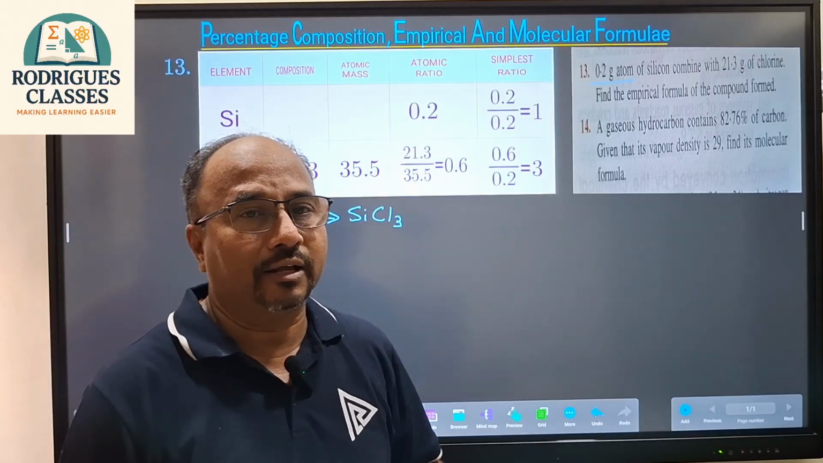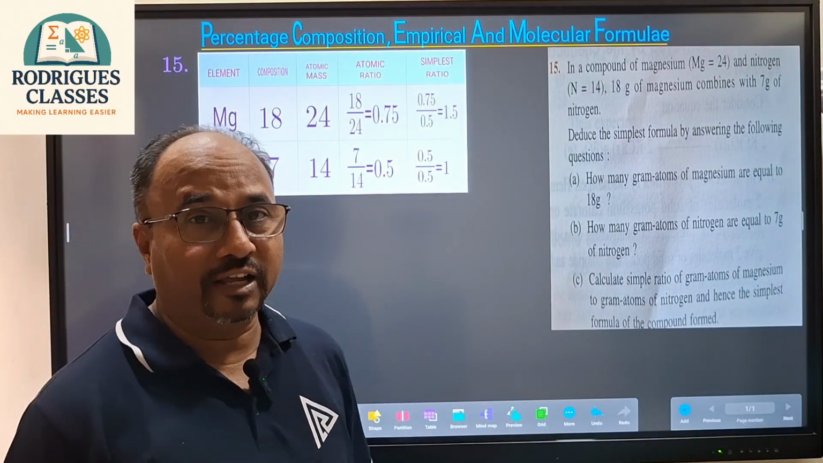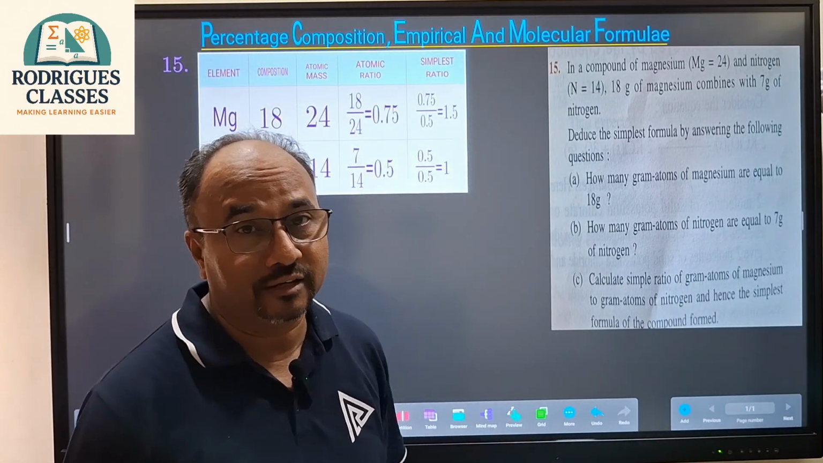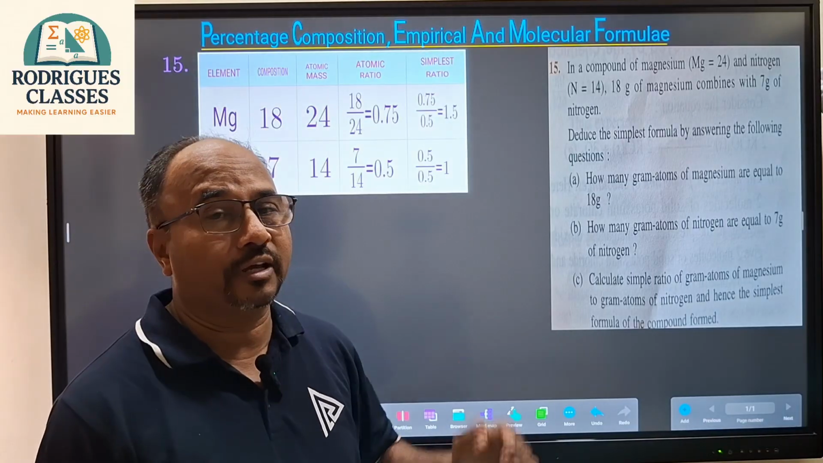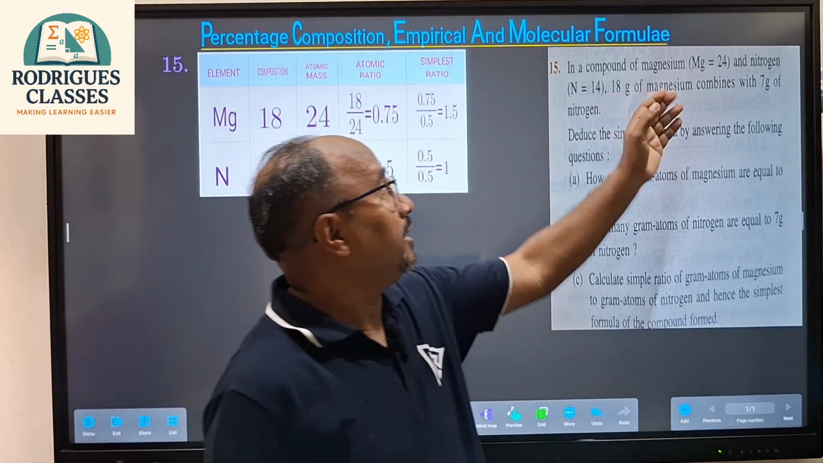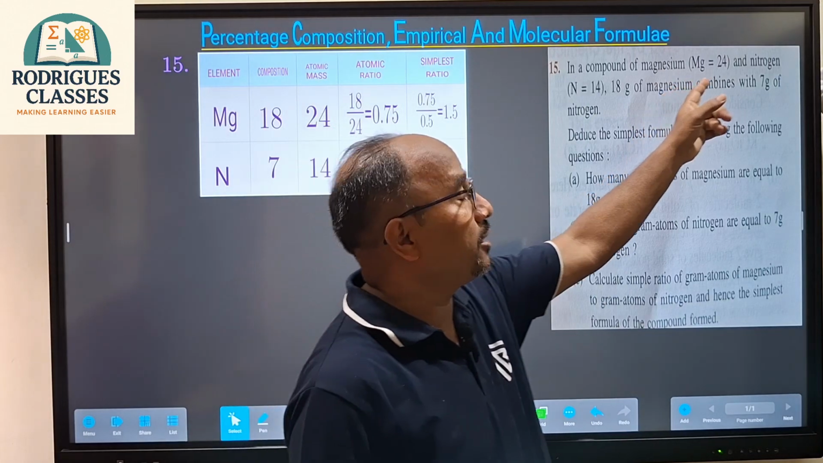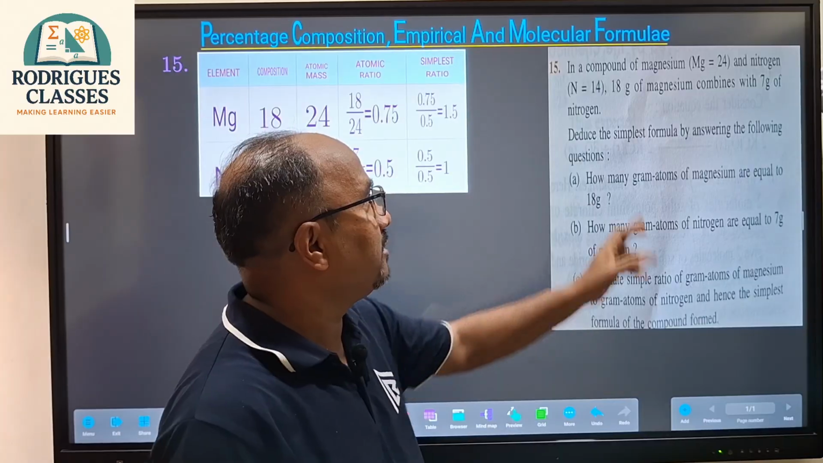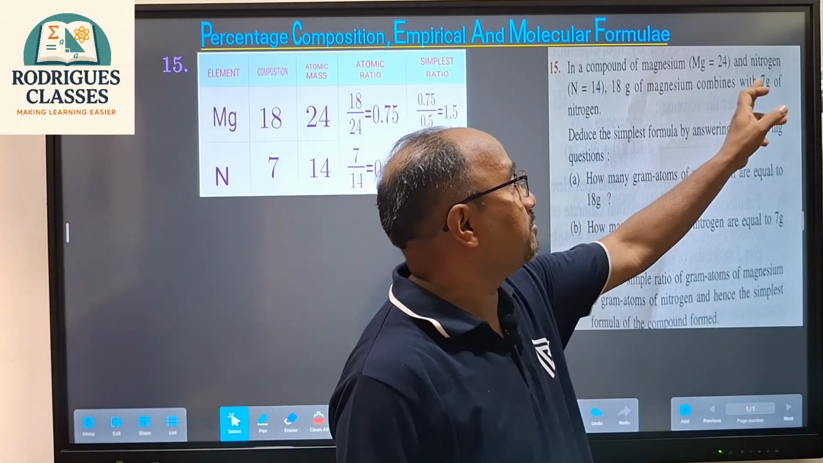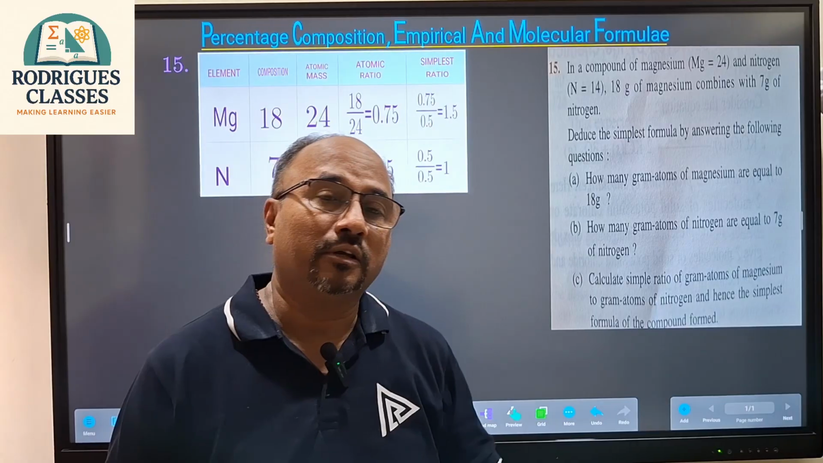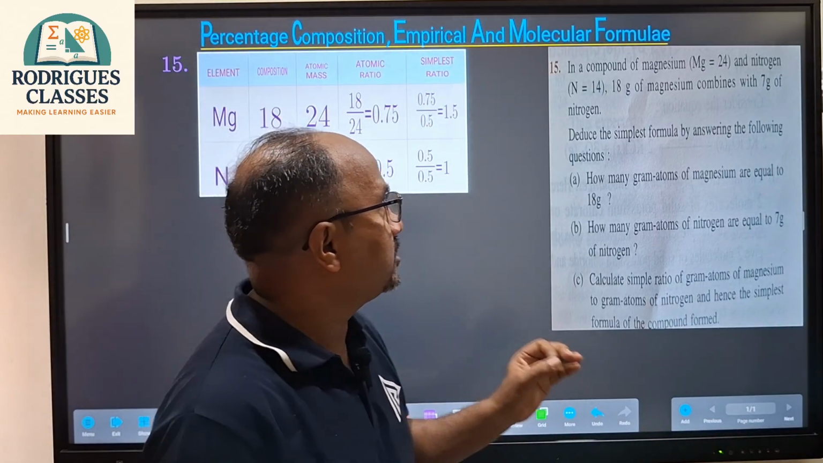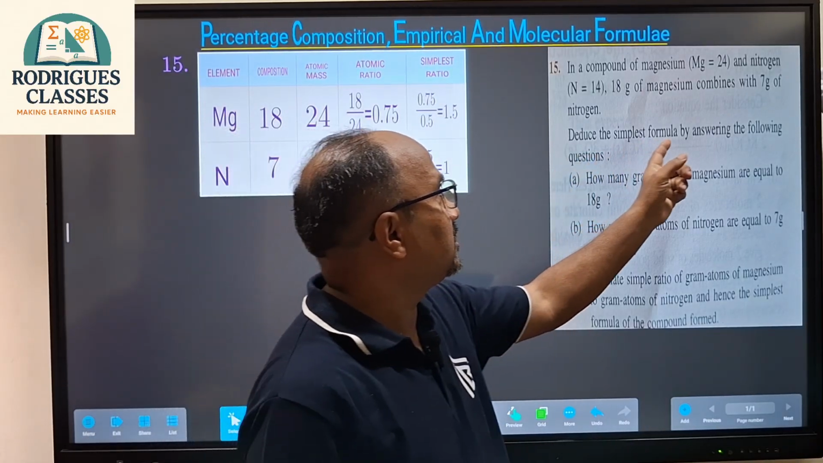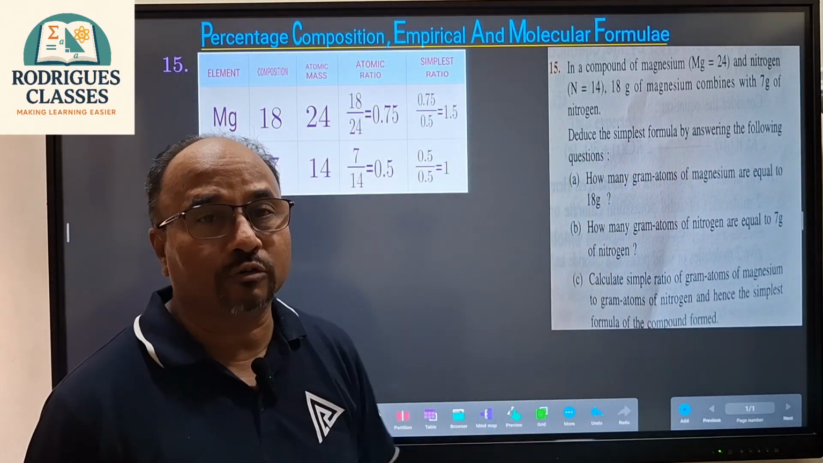तो आओ चलो देखते हैं क्वेश्चन नंबर 15। देखने में सम्स बहुत ही लंबा है लेकिन बहुत ही इजी सम्स है। ये पहले भी हम लोग इस तरह का सम्स कर चुके हैं। तो चलो देखते हैं क्वेश्चन क्या बोल रहा है। इन अ कंपाउंड ऑफ मैग्नीशियम, मैग्नीशियम का एटॉमिक मास 24 दिया हुआ है, एंड नाइट्रोजन उसका भी एटॉमिक मास 14 दिया हुआ है। बोल रहा है 18 ग्राम ऑफ मैग्नीशियम कंबाइंस विद 7 ग्राम ऑफ नाइट्रोजन, मतलब जो कंपाउंड है उसमें मैग्नीशियम का क्वांटिटी 18 ग्राम है और नाइट्रोजन का 7 ग्राम है।